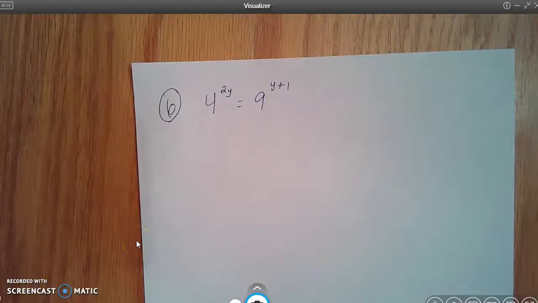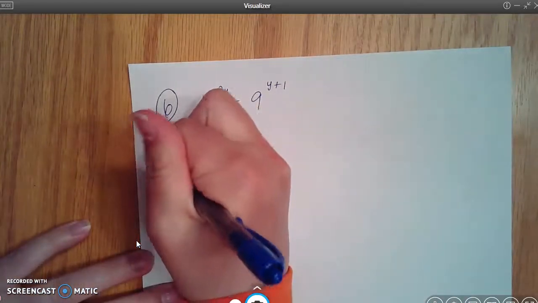All right, so there was a couple of you that had questions on the task card activity. This is number 6. So I'm going to show you how you can start this one and get through it, and then I'll show you technically both methods in case you like method 1 versus method 2 better. Okay, so if we were going to do method 1,